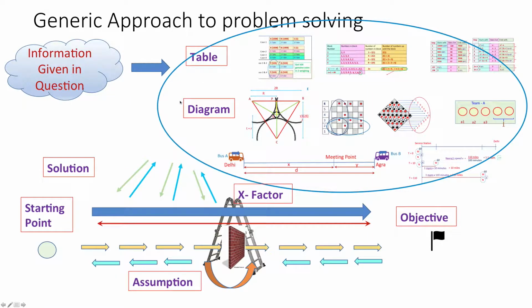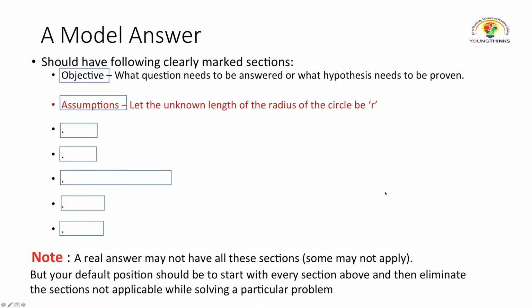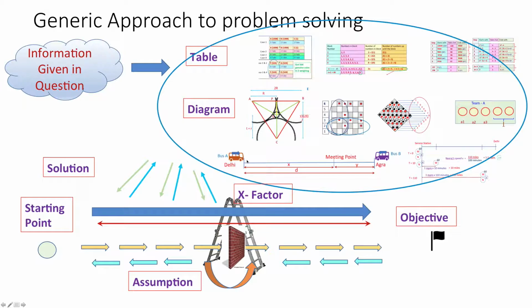So this particular objective part is in the generic approach of problem solving, this section. So this is what your template should have. The second point is the assumptions, which is, for example, let the unknown length of the radius of the circle be r. Now, your assumption, if you see the generic approach to problem solving,